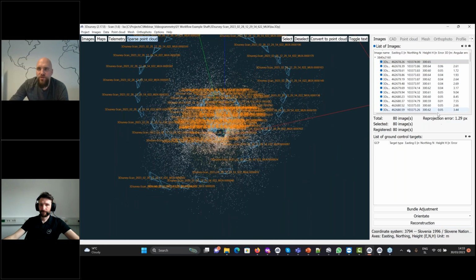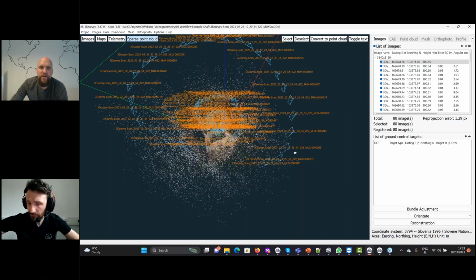Reprojection errors that you should expect from videogrammetry will usually be between 1 and 1.4 pixels. So reprojection errors here are slightly larger than they are in the case of drone photogrammetry. Now, important step, once you